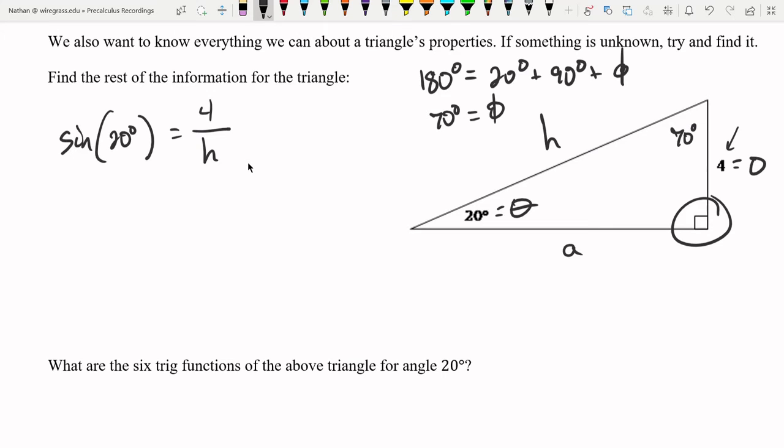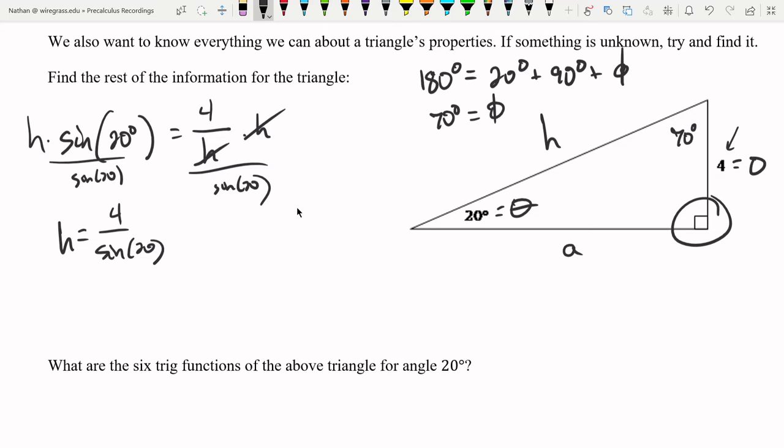But we know what sine 20 is. You can type it in a calculator, and it'll give you a decimal number. And we know what 4 is, so all we have to do is solve for h. I'm going to multiply h over, and then divide by sine 20. And that gives us that h equals 4 over sine 20,